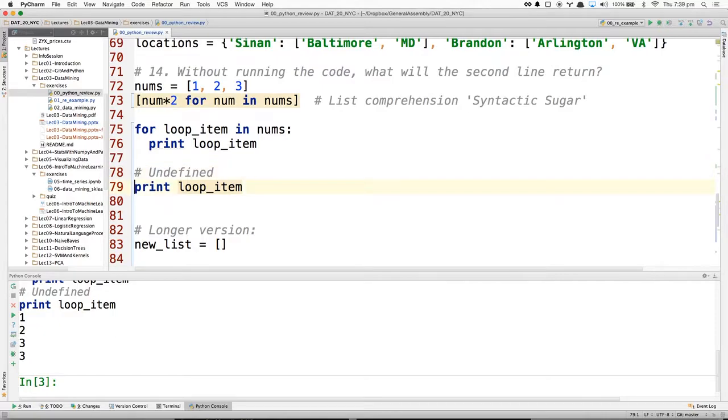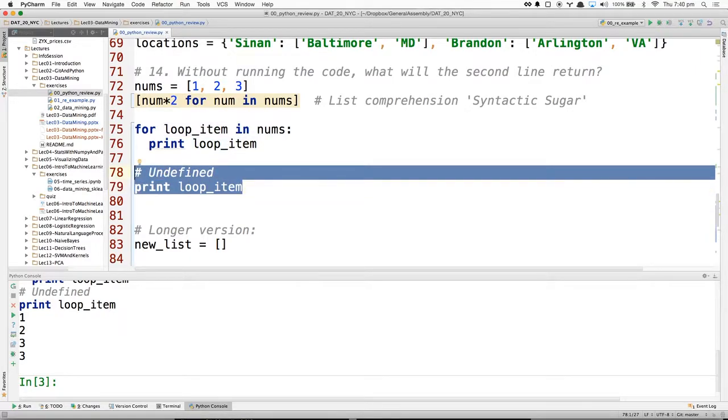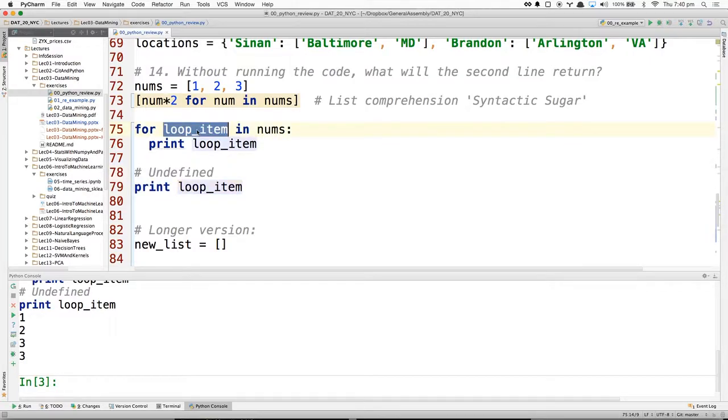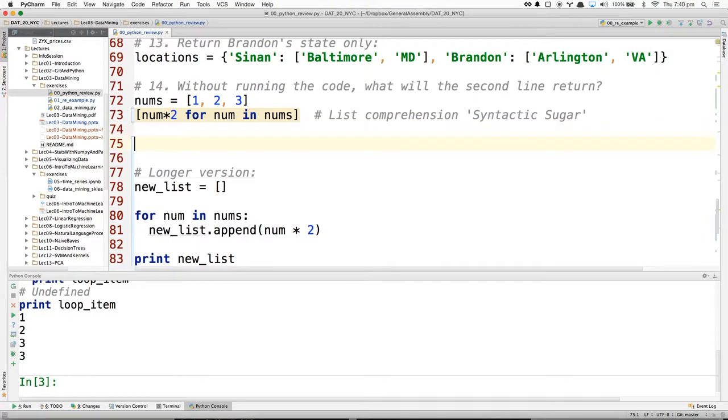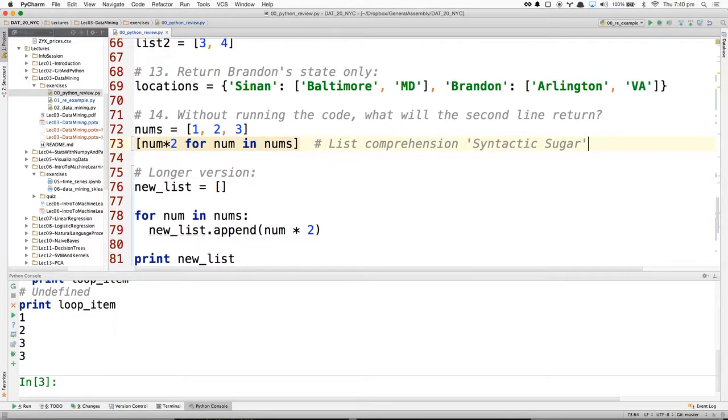In Python 3, this would be undefined. In Python 2, it's still defined. It should be undefined, and you should pretend it's undefined. You should not use it outside of the for loop. There's no reason to. The language should not retain the value after the for loop. Okay, other questions?